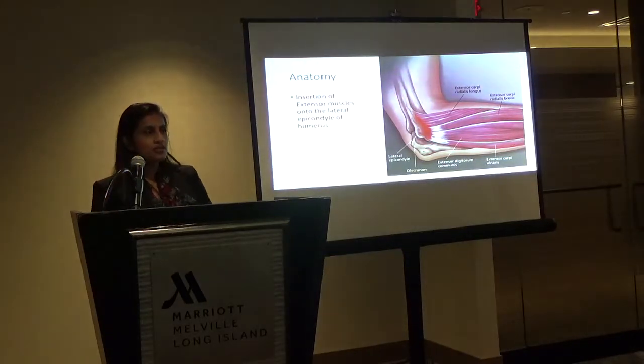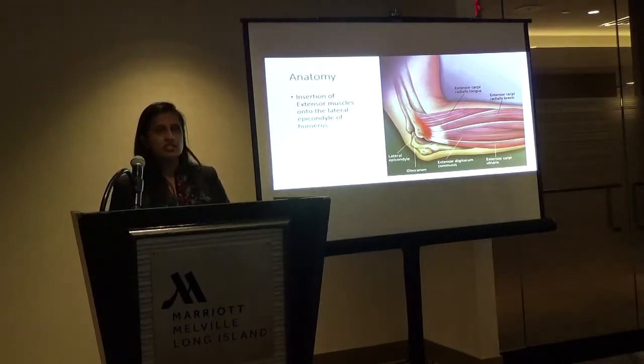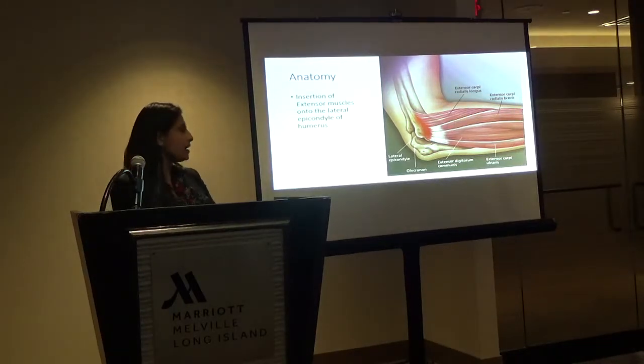So the extensor muscles most commonly implicated are extensor carpi radialis brevis and the common extensor belly, which is extensor digitorum communis. All of these attach on the lateral epicondyle, and it's an overuse syndrome. So anybody that has a lot of repetitive motion in their forearm or their wrist can aggravate this area, and you get these micro tears